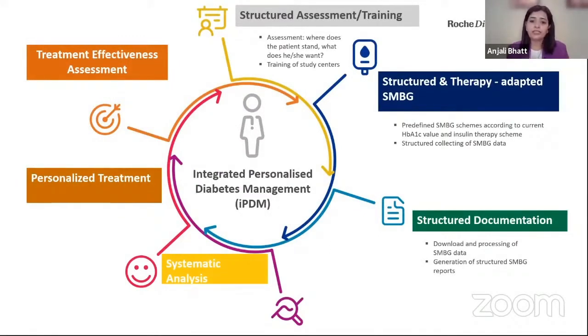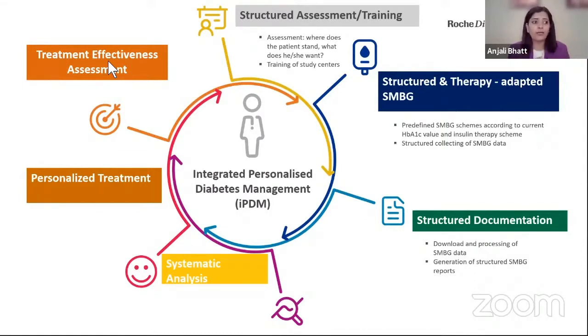The 6 steps included are, first, structured assessment or training. For example, you can have a questionnaire or a format of history taking, which can be done either in the pre-consultation area by an assistant or by the doctor. Then we have the treatment and related advice on self-monitoring of blood glucose, that is, glucometer monitoring. Rather than telling the patient just to check their blood glucose, you tell them to check at fasting, first thing before getting up, 2 hours after breakfast, lunch, or dinner, or at the time when the person develops symptoms suggestive of hypoglycemia, uneasiness.